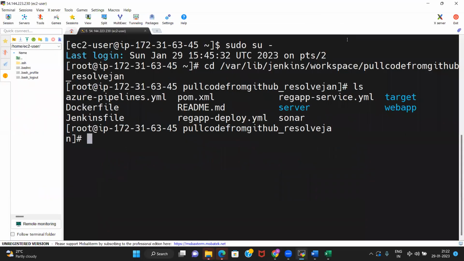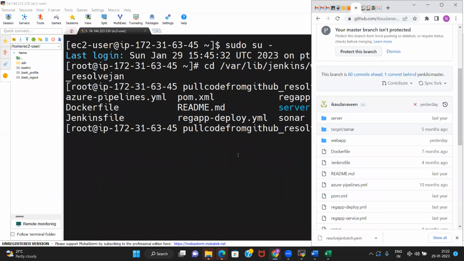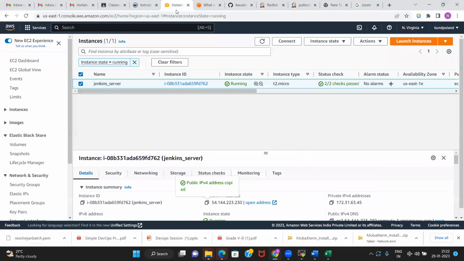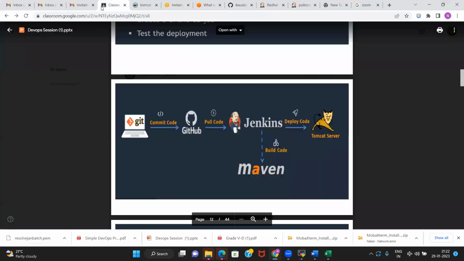This happened using this plugin, okay? So in general, we have done this: whatever the latest code that we have, we pulled the code on Jenkins.